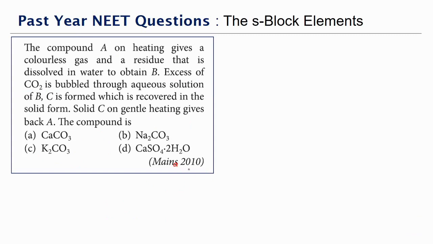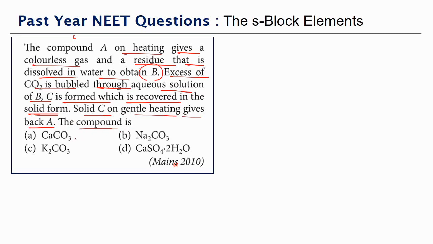Next we have a question that came in the Mains paper 2010. A compound A on heating gives a colorless gas and a residue that is dissolved in water to obtain B. So it's a synthesis kind of question. Mostly we'll have these kinds of questions in organic chemistry, but sometimes we can have them in inorganic chemistry also. Excess of CO2 bubbled through aqueous solution of B forms C, which is recovered in the solid form. The solid C on gentle heating gives back A. The compound is...